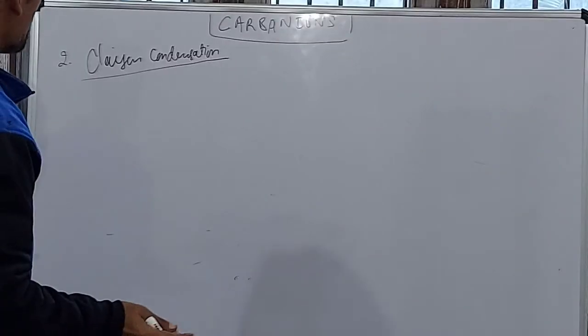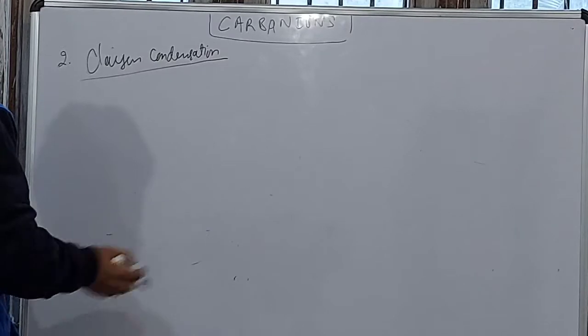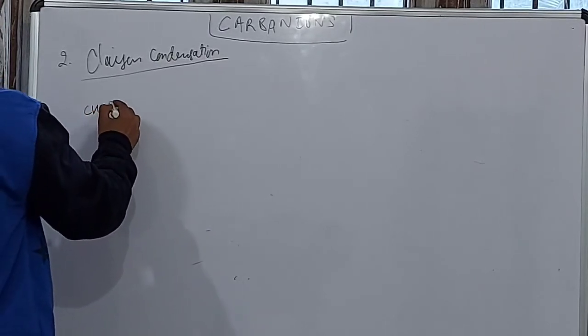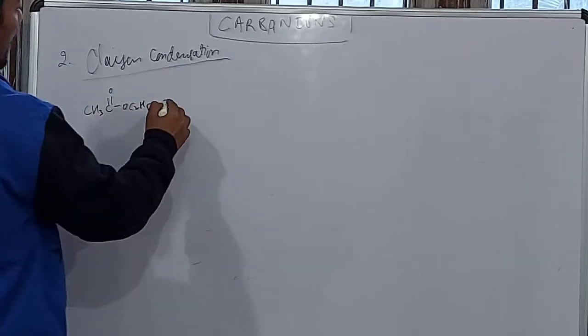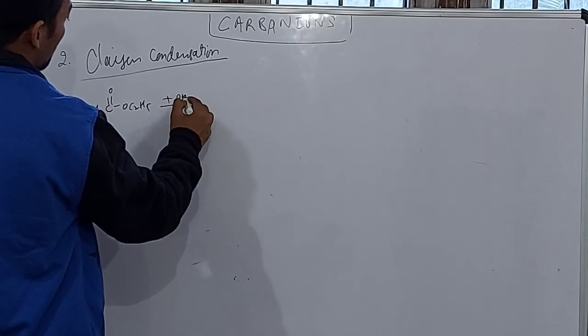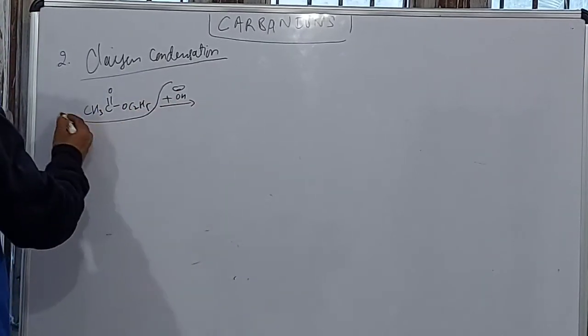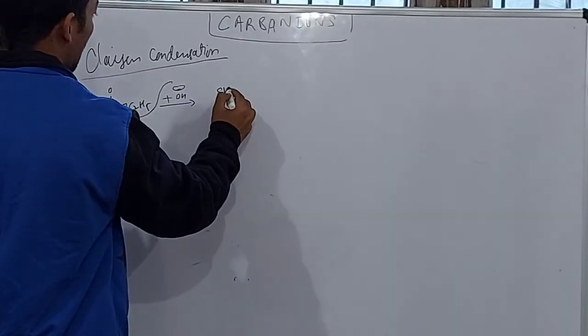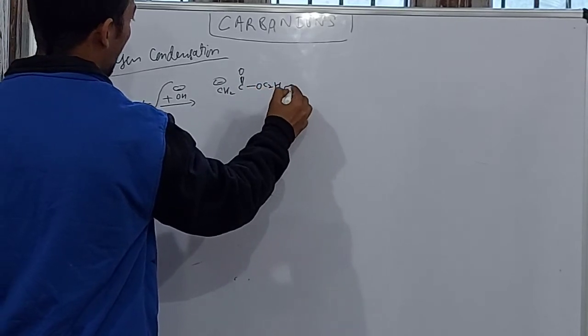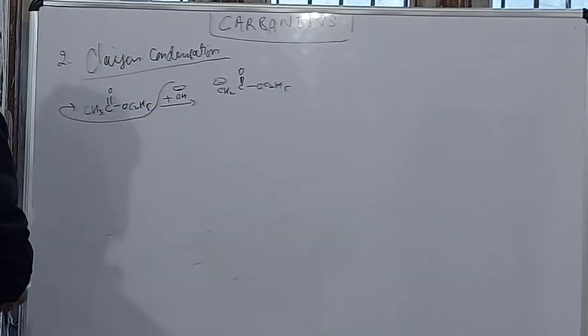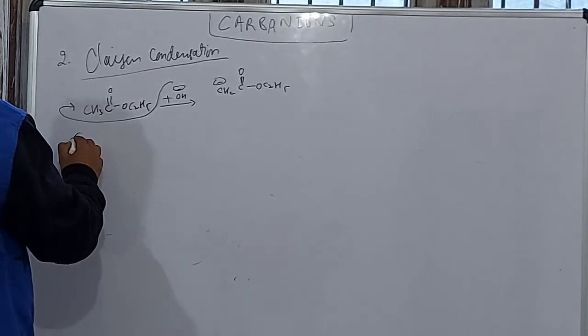Our next reaction is Claisen condensation. In Claisen condensation, we get beta ketoester from carboxylic ester. For example, we have CH3COO-C2H5. This is a carboxylic ester, and in the presence of base, there will be a nucleophile attack on this carbon atom, so that we get CH2 negative COO-C2H5. So now further, there will be a nucleophilic attack again